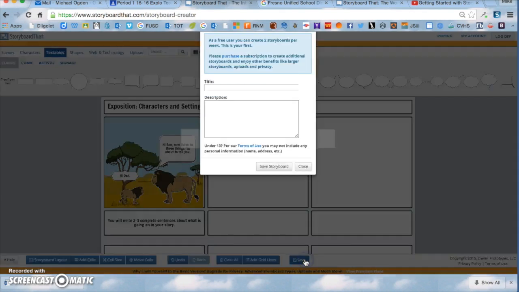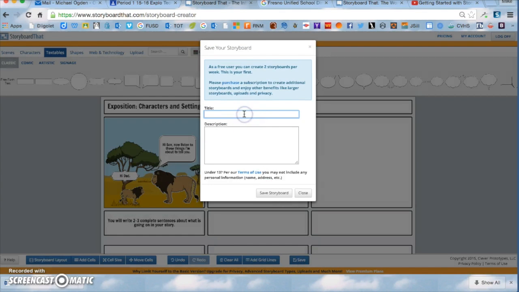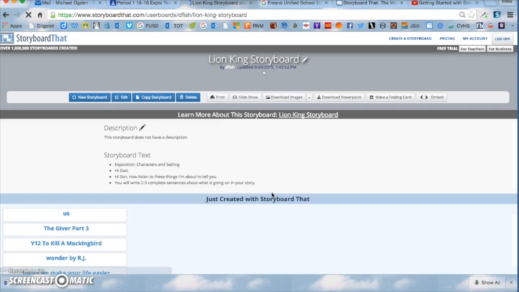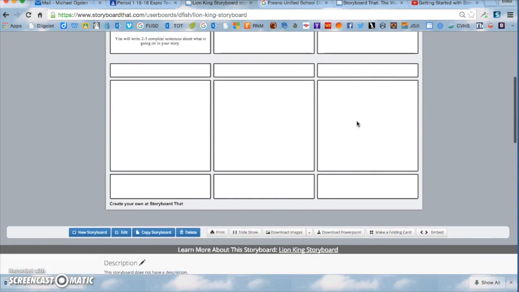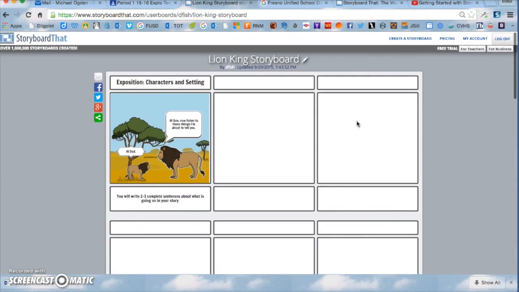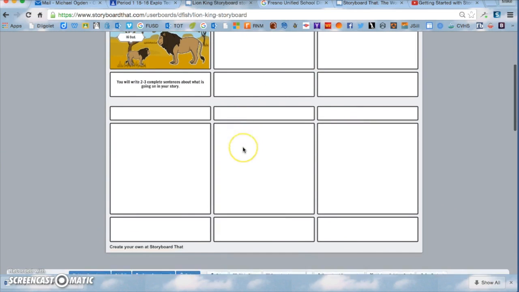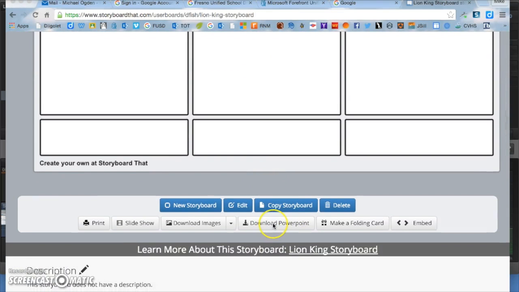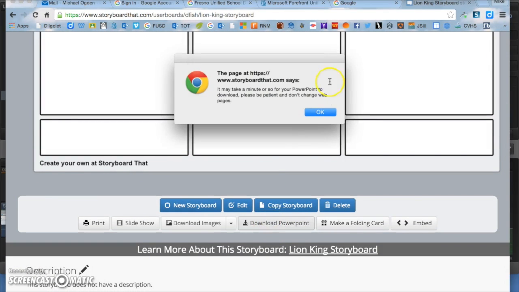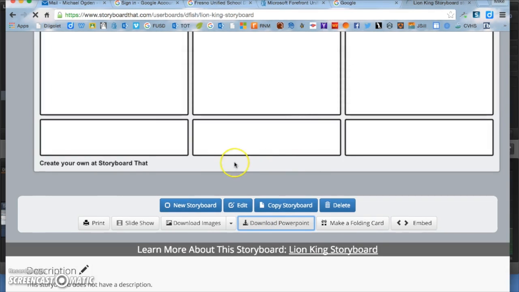Now you want to click save here in the bottom, and you're going to title this. So you just would title it Lion King Storyboard. Storyboard is one word. And then you can click save. So here is your storyboard saved. And of course you would have all 6 done. You're going to scroll down to the bottom and click on download PowerPoint, and that will download your PowerPoint to